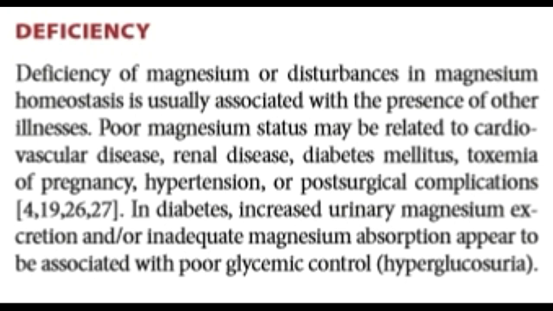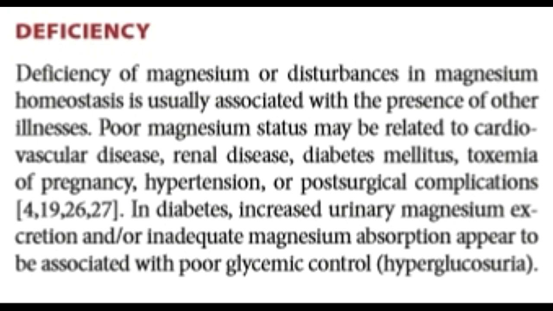Poor magnesium status may sometimes be related to cardiovascular disease, renal disease, diabetes mellitus, that is sugar patients, then toxemia of pregnancy, hypertension, and post-surgical complications. So these are all symptoms that come because of deficiency of